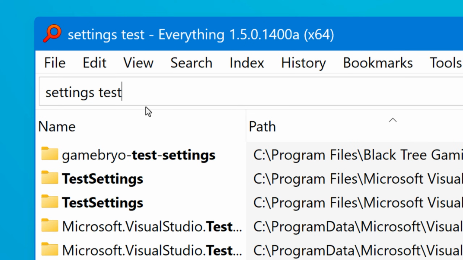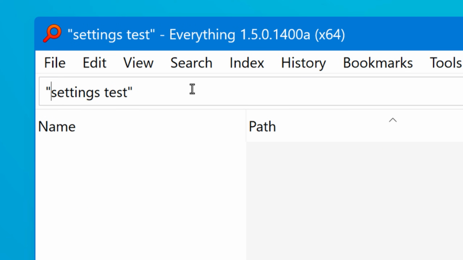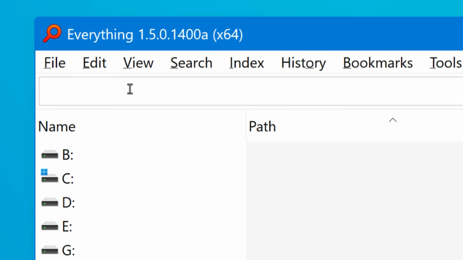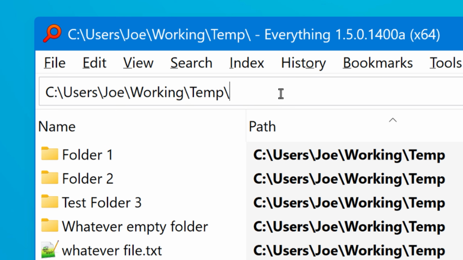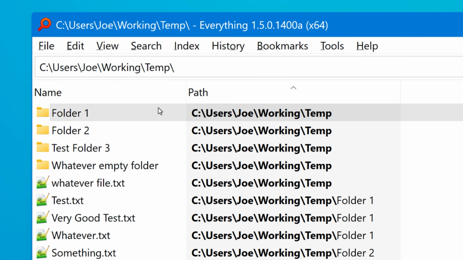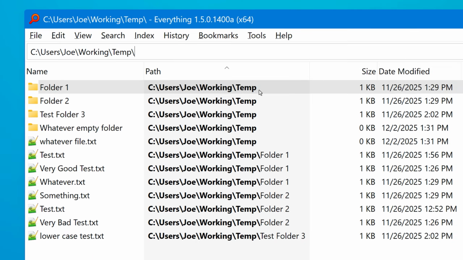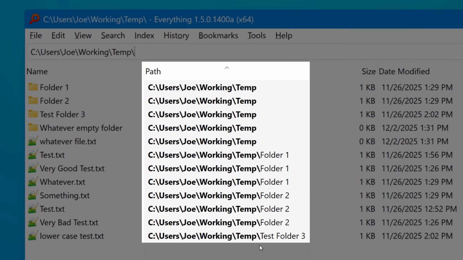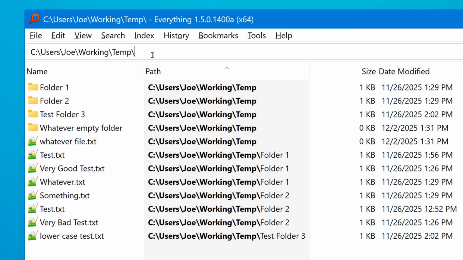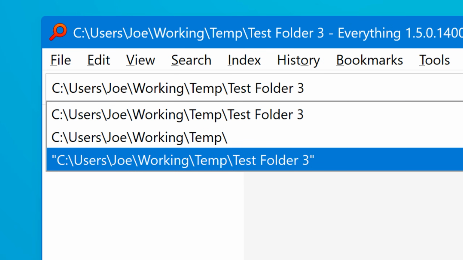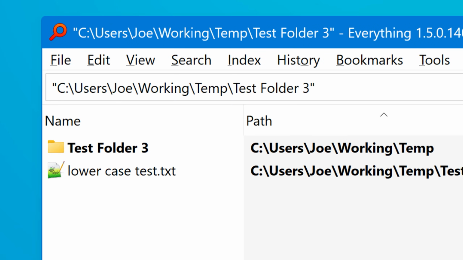If you need to search a phrase exactly including spaces, you can just put quotes around it too. Another thing to know is if you put a file path or folder path in the search box, that has the effect of filtering for only files or folders whose paths match that, even if it's just partial. So if you want to search just within a directory, you just put that path in there, but be sure to use quotes if there's spaces in it.